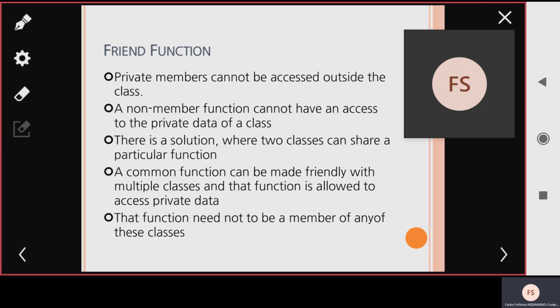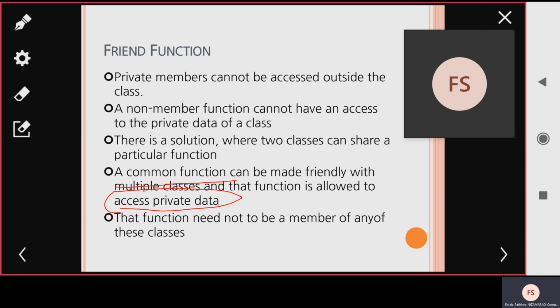Okay, so there is a solution where two classes can share a particular function. We use a common function which can be shared between two classes. A common function can be made friendly with multiple classes, and that function is allowed to access the private data. To access the private data, we use a common function for multiple classes.